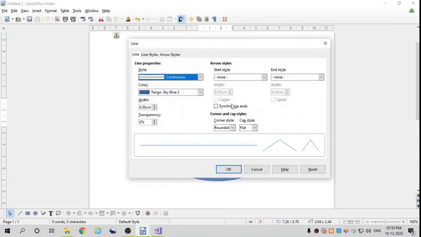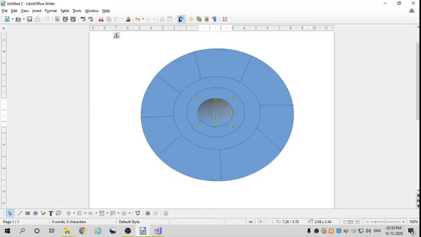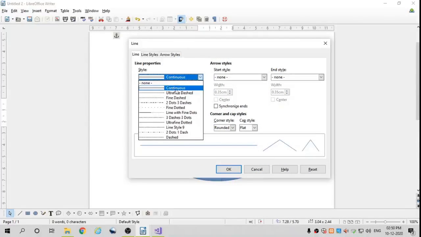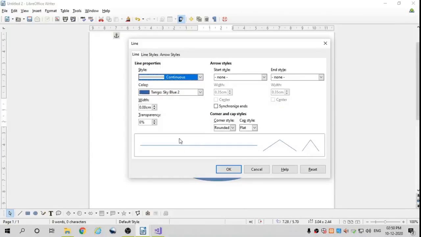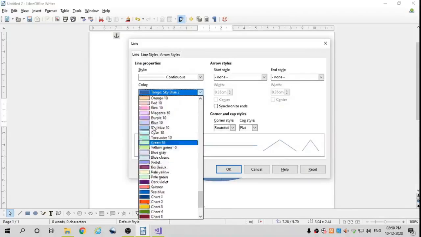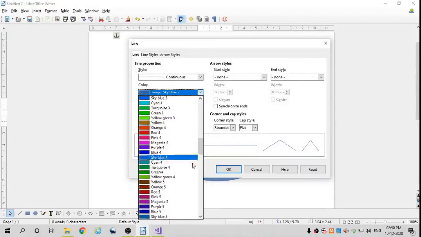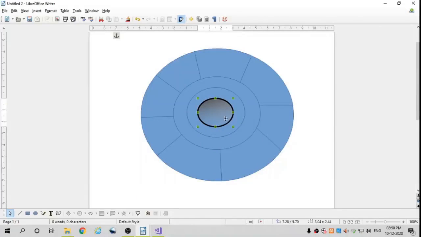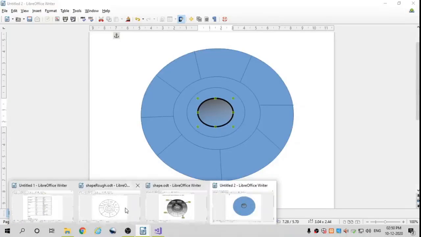Right click on that, then Line. Here the continuous line is there, and other types of lines are present here. You can select the color of it, or the width. Once you have selected,